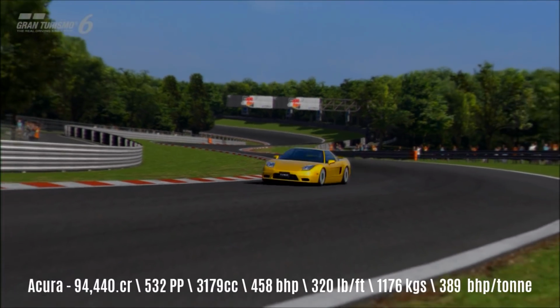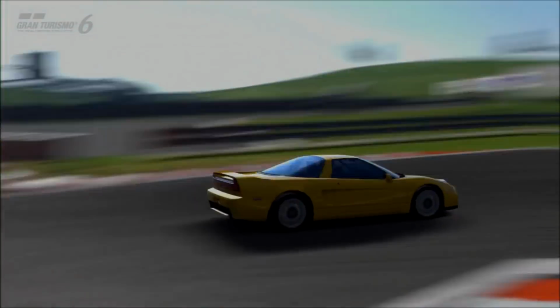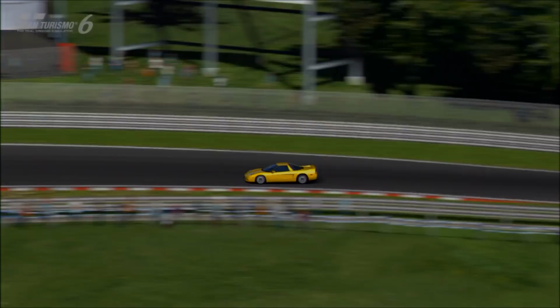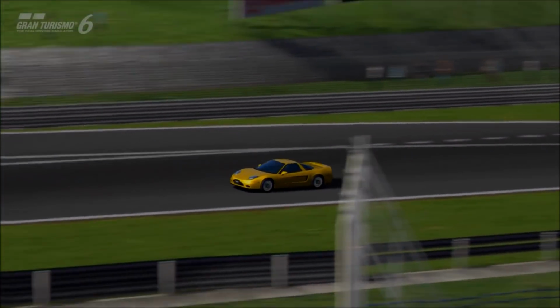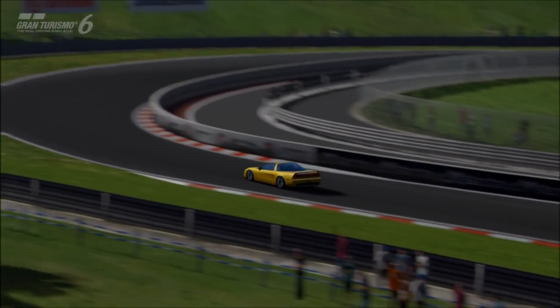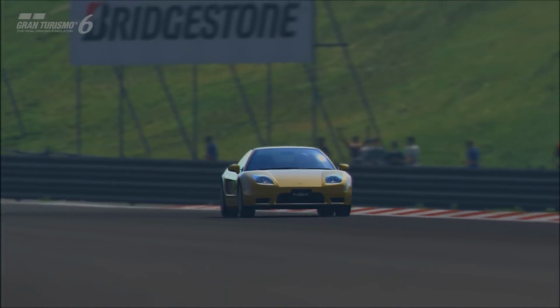So overall, that means that this one is, again, completely unnecessary. So which ones are necessary? Because that's what you really want to know. Well, in summary, I would say that the most useful NSXs in terms of collector's appeal and usability are